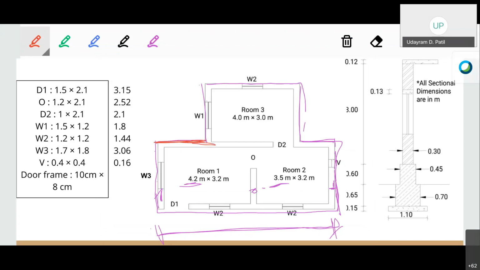Okay, now again the length for this particular horizontal wall. Okay, ही जी काही length असेल plus ही particular length plus ही particular length, this will be similar to this whole length. Okay, कारण ती सुद्धा horizontal आहे. So ही length plus ही length plus ही length, that will give us the total length 8.6 meter. So the length for the external plastering is 8.6. horizontal wall जी असेल ती असेल 8.6 multiplied by 2, because this particular length will be similar. Now vertical wall चा length find out करू आपण.